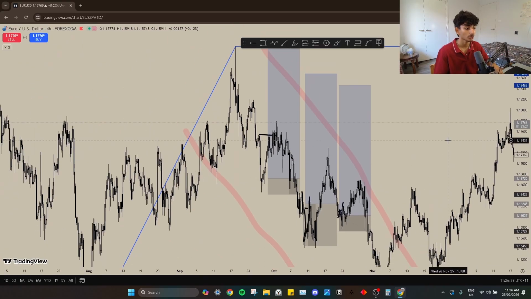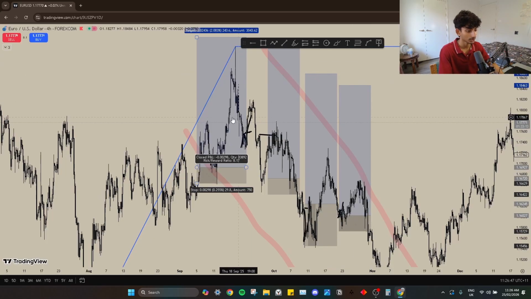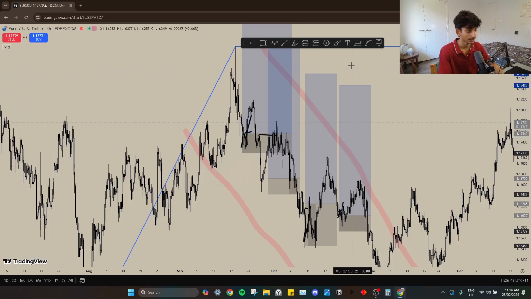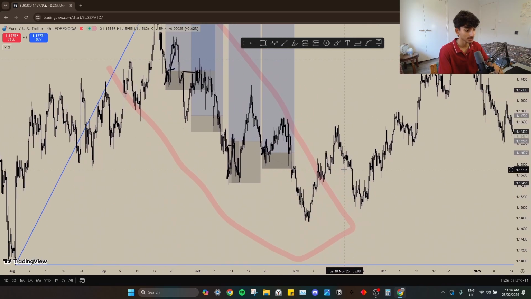So many stop losses, probably even more. I'm just not even catching them. Oh, look, there's one right here as well. Boom, push up, push down, push up. Change of character. Oh shit, they place a trade, and then they get stopped out, right? They get stopped out. So many losses just in this leg down, unnecessarily, right?